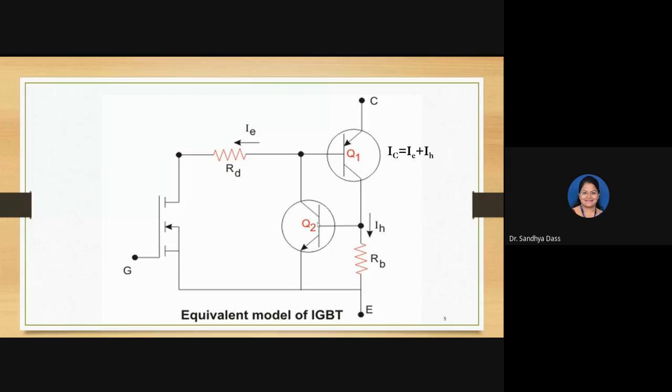So what happens in latch up? Latch up is the condition where the device will stay on and cannot be controlled by the gate voltage. That's the meaning. I hope that is clear. So that's the limitation of IGBT. If you are not able to turn off immediately by controlling the collector current, then the device would get damaged. So we have to identify a circuit where the collector current would not exceed the threshold value.